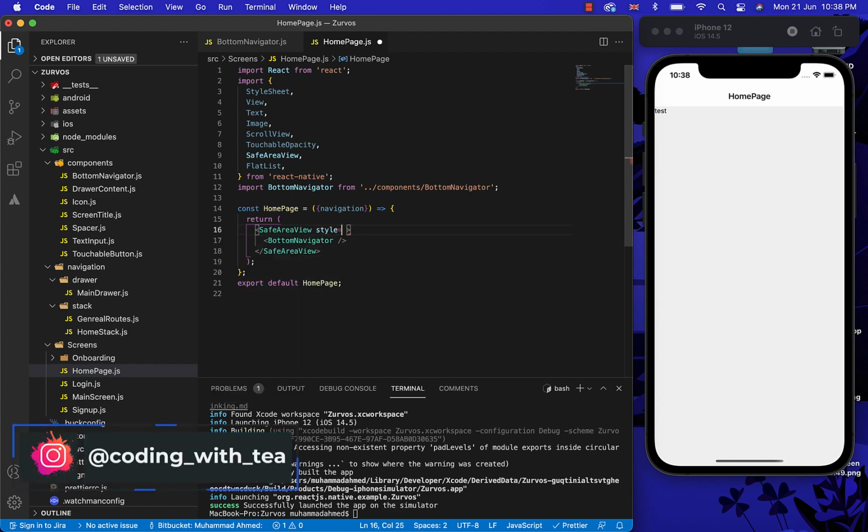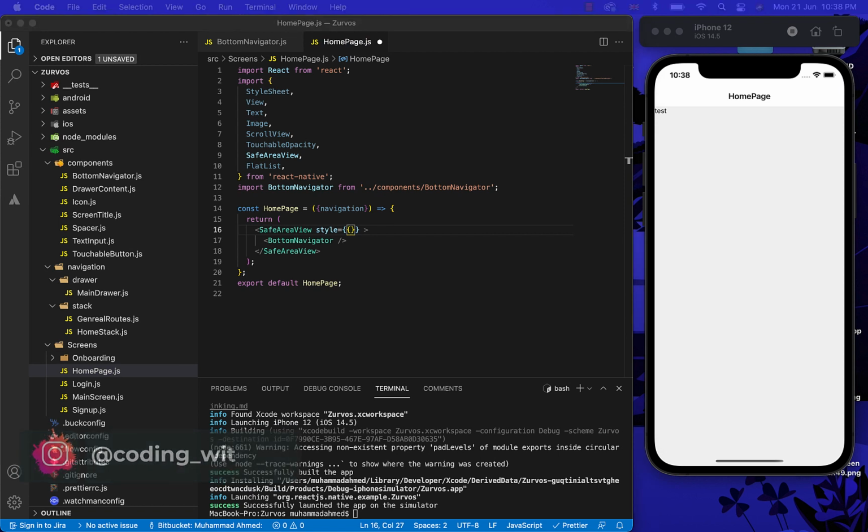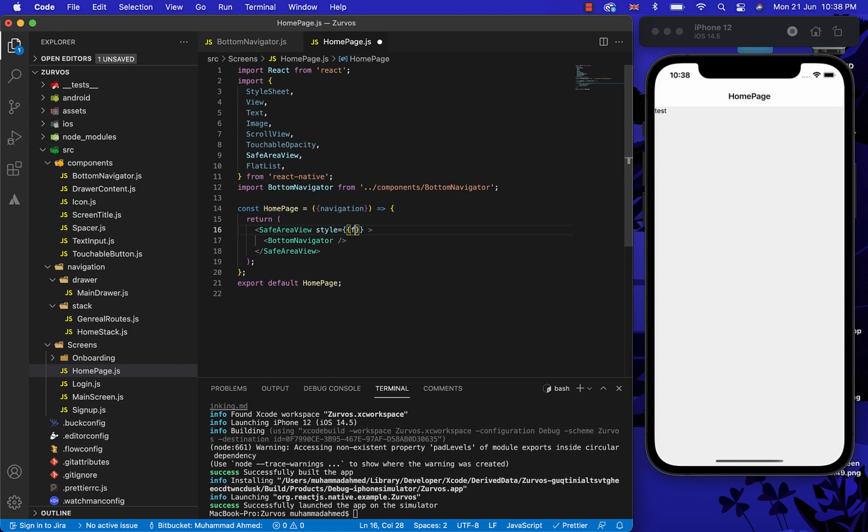We need all the content of bottom tab navigator at the bottom. So for that, let's just give some styling to the safe area view.